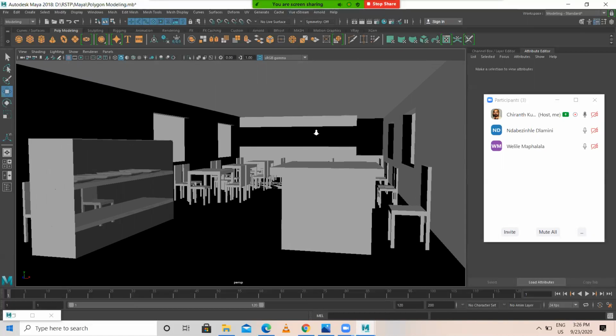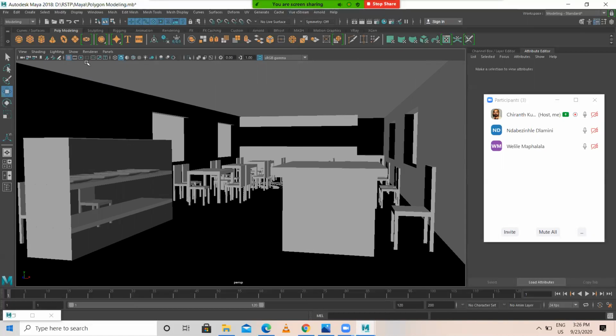So after this, okay, I'll show you a simple lighting technique also. Anyhow, you guys are using Maya 18. Maya 18, just come to Arnold. Light. Physical sky. Just click on physical sky.